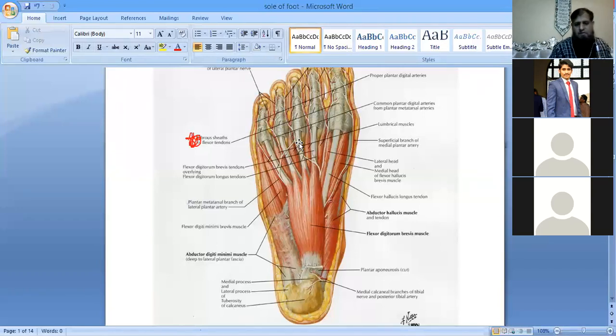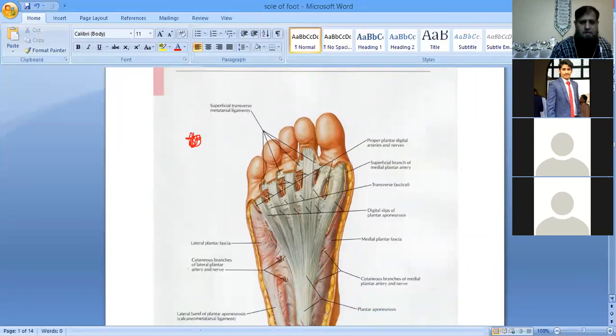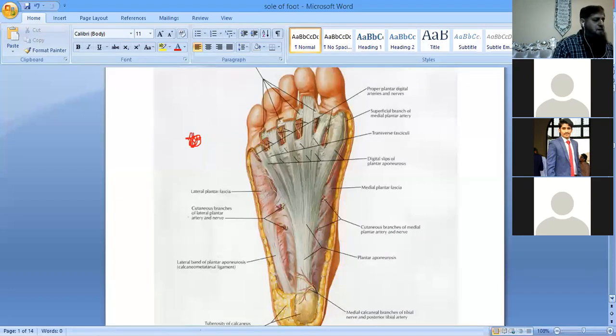Now, what is the function of this then? The plantar aponeurosis का क्या purpose हो सकता है जी? Anybody can tell me. क्या function है? Number 1, बच्चे, plantar aponeurosis is a thickening of the deep fascia, and it protects the deeper structures. ठीक है ना? एक thickened band है ना, so that इसके नीचे आपकी nerves पड़ी हुई हैं, vessels पड़ी हुई हैं, muscles पड़े हुए हैं. So it's going to protect the deeper structures.